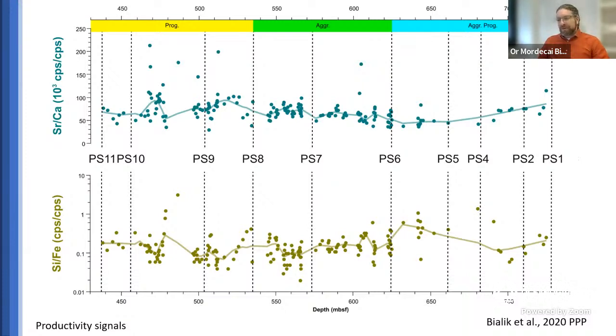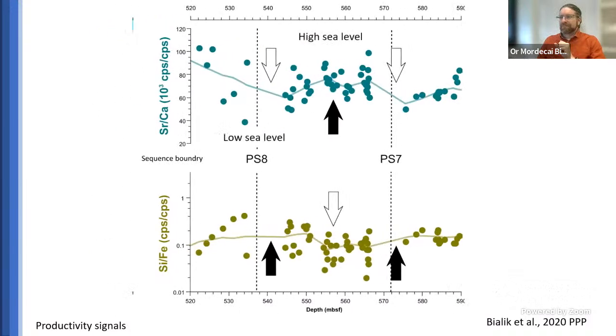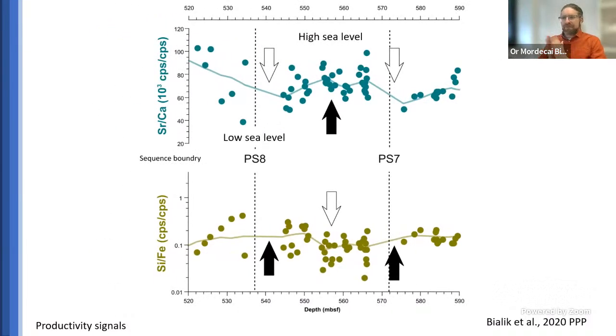And these sequence boundaries delineate when sea level is low. And it's very interesting that these geochemical proxies are nicely bisected by the seismic elements. So I want to zoom into one of these cycles defined by these sequence boundaries. So we're looking now at a close-up between a sequence boundary PS7, which is around 15.6 million years, and PS8, which is 15 million years.